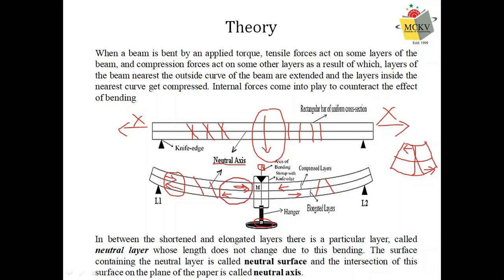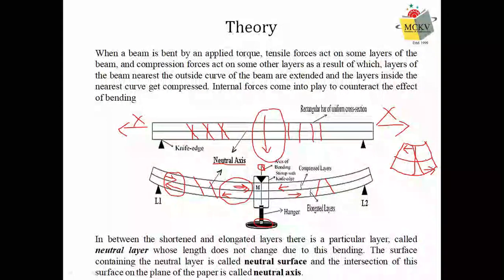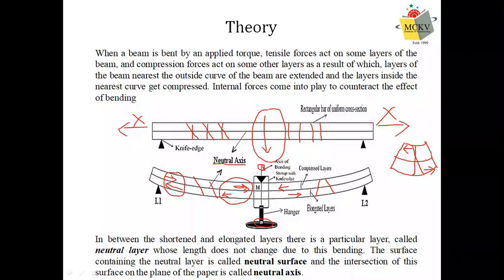And this couple acting on each section of the beam will try to rotate each section of the beam, will create a torque. In other words, a moment of a force. Moment of a force is nothing but a torque. So this will create a torque, and this is nothing but the bending moment of the beam. This is called the bending moment of the beam, and we calculate the bending moment of the beam by M.